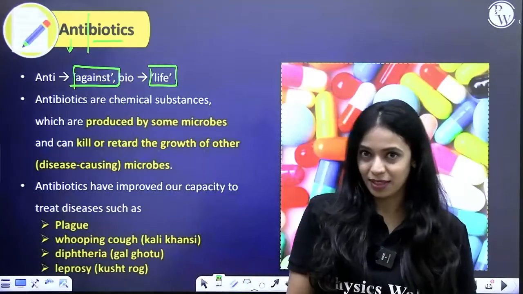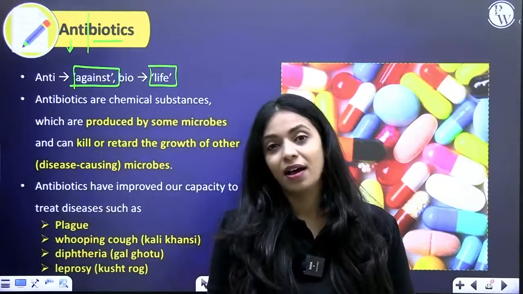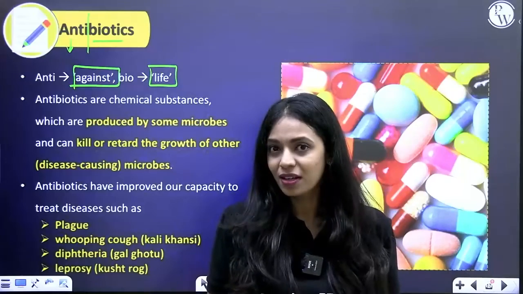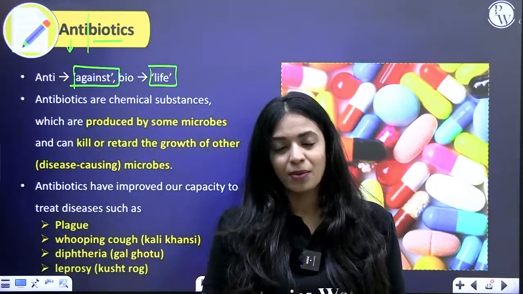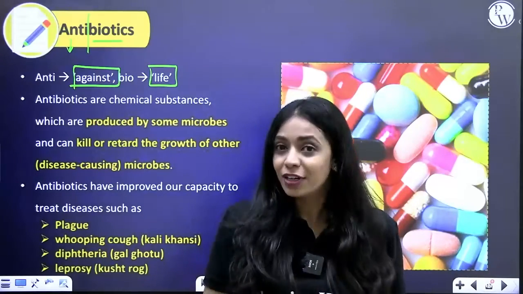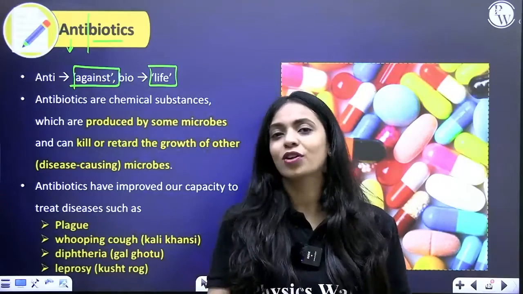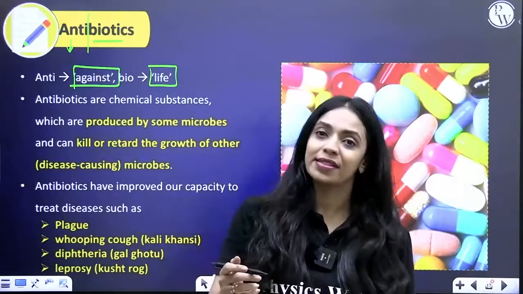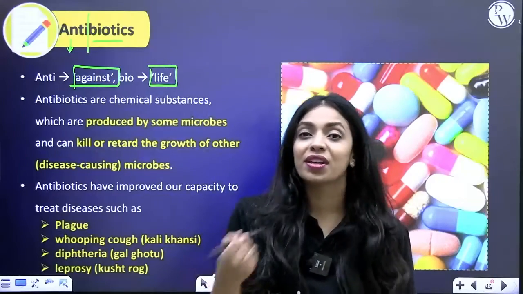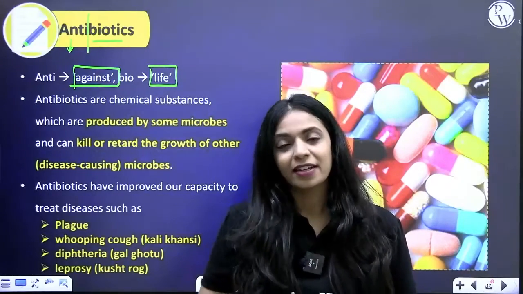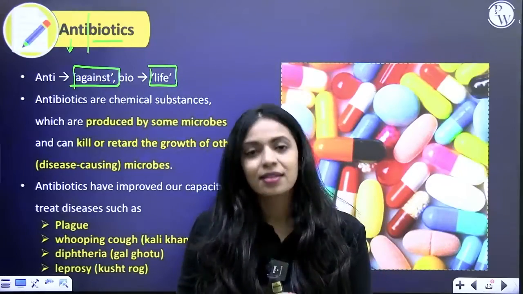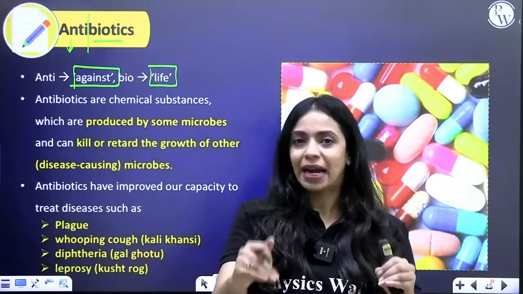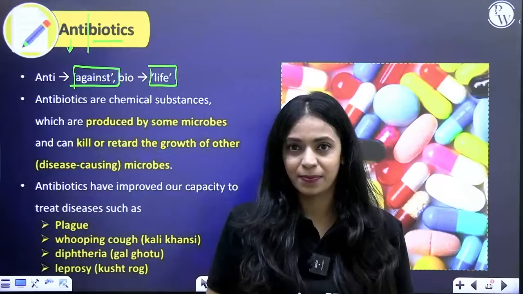Now what does that mean? Are antibiotics against life, is it like poison? Of course it's like poison. But is it a poison for us? Definitely not. If it were poison for us, the doctors would not be prescribing them, right? So antibiotics are poison for the bacteria that are causing diseases in us. Antibiotics kill the bacteria that cause disease in us.